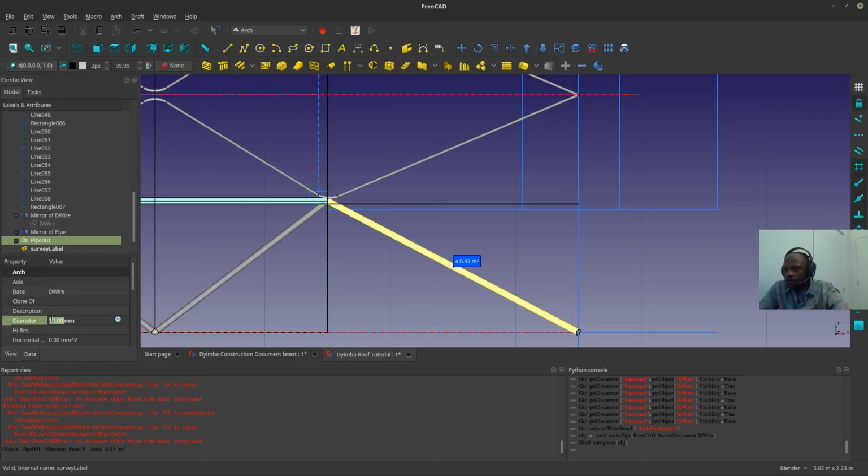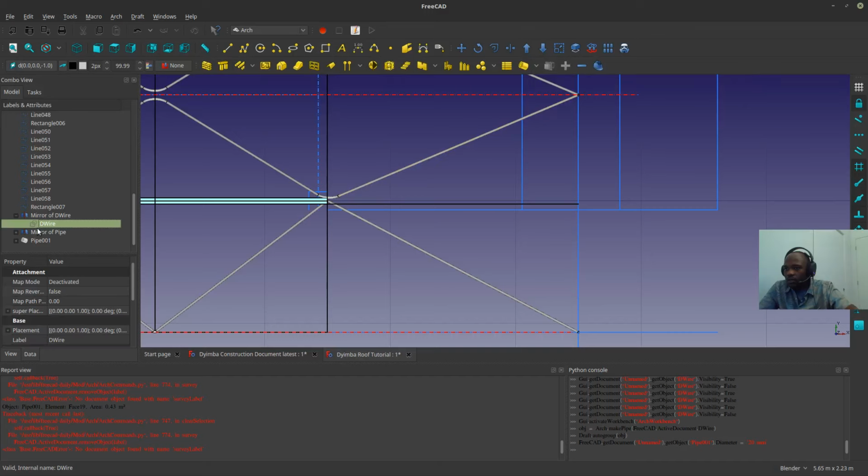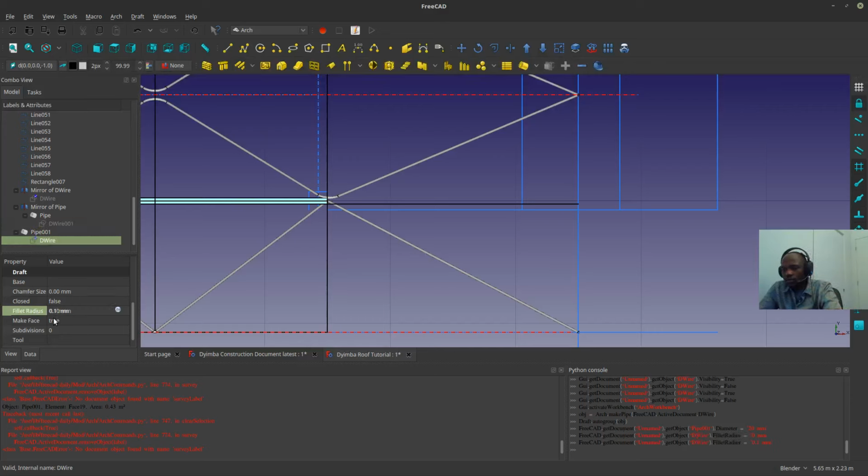20 mil here as well. 2. And the line here was at a fillet radius of 1.2. 1.2 fillet radius. 1.2. Okay,